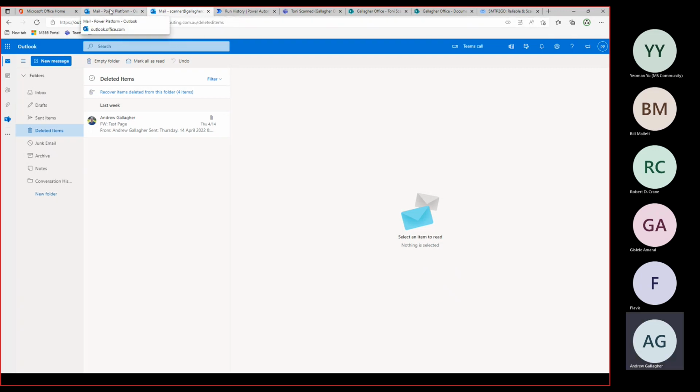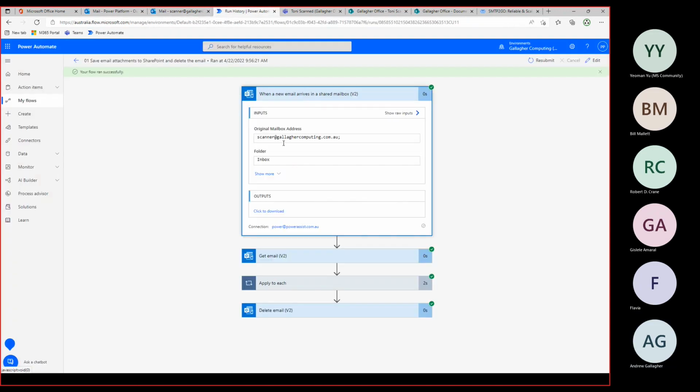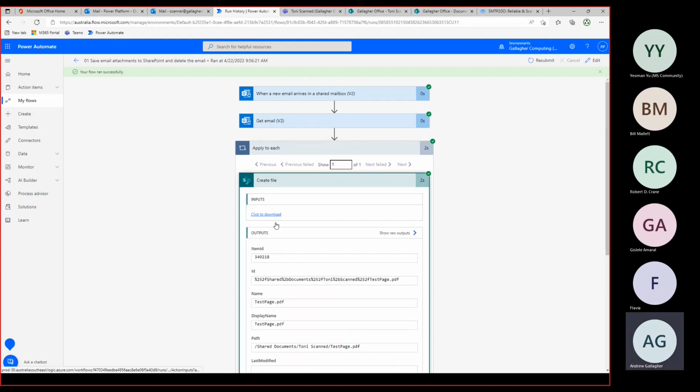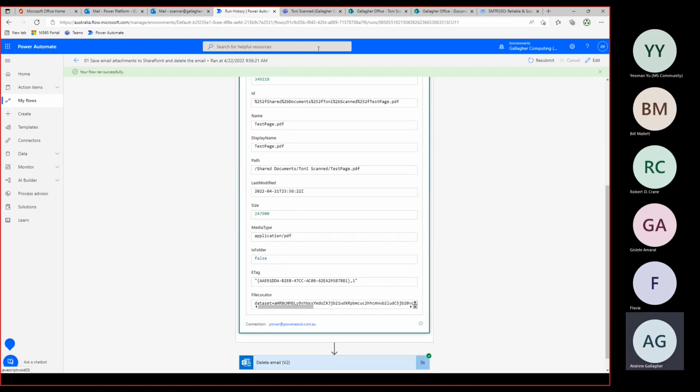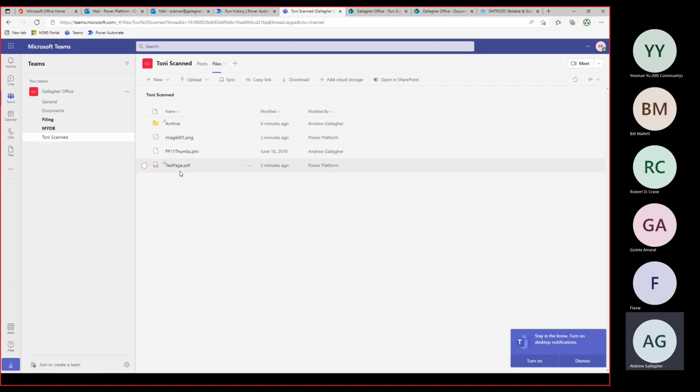So as you can see, what it has done is run our flow, received the email, created the file with all of the information, and you will see that file if I refresh here in Teams.